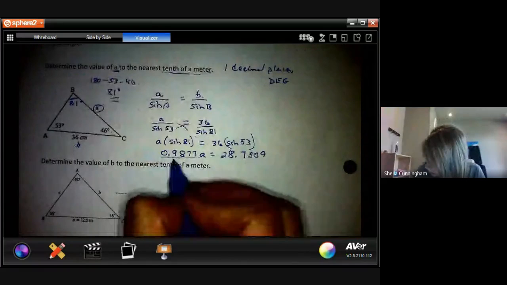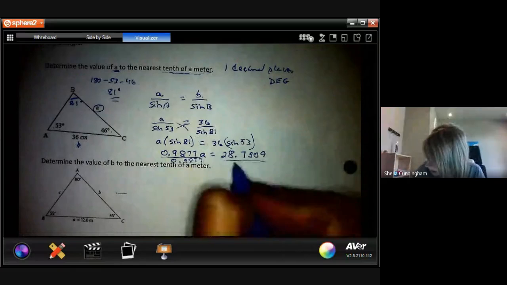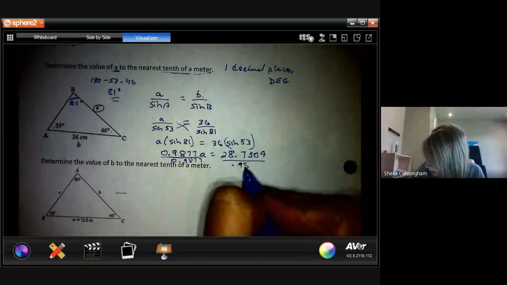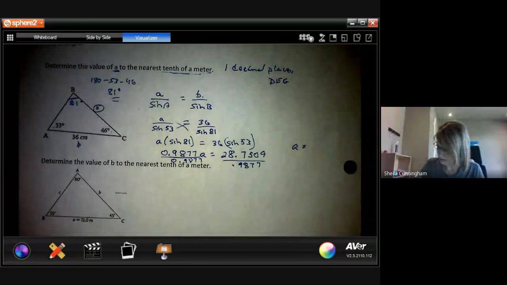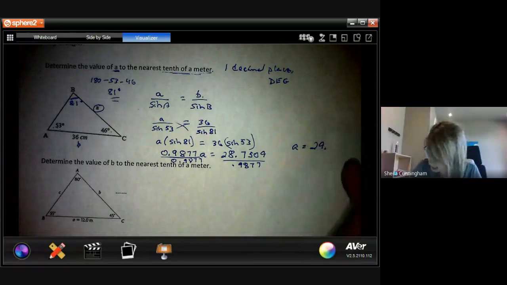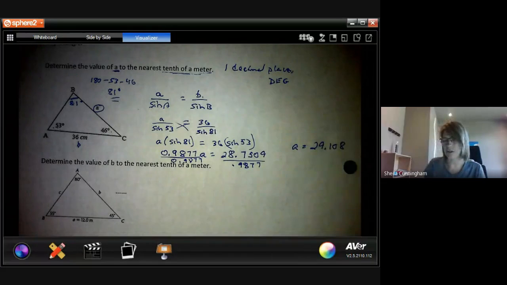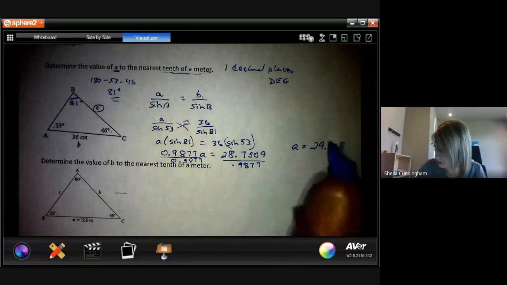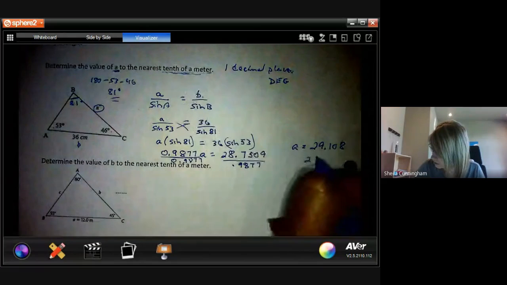So here I'm going to divide by 0.9877. And I'm going to divide this side by 0.9877 because I'm trying to solve for A. So if I divide that by 0.9877, I am getting an answer of 29.010. So that's what it's going to come out on your calculator and a whole bunch of other numbers. But I need it to the 10th of a meter. So this is really going to be